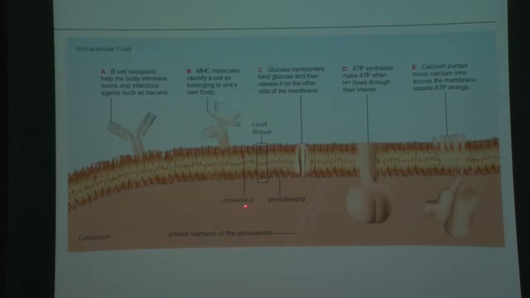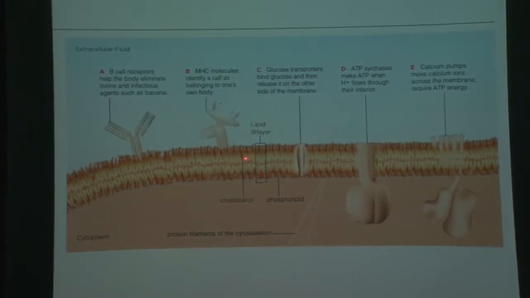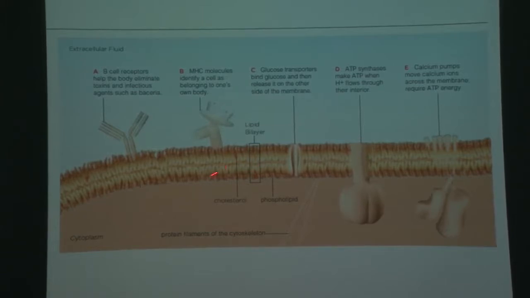And on the surface, we also have cholesterol. So this is like a lipid actually embedded between the phospholipid bilayers. And then this is a transporter. So this allows certain material going in and out of the cell. And then this is the ATP synthetase. This is the enzyme that we looked at when we were talking about the